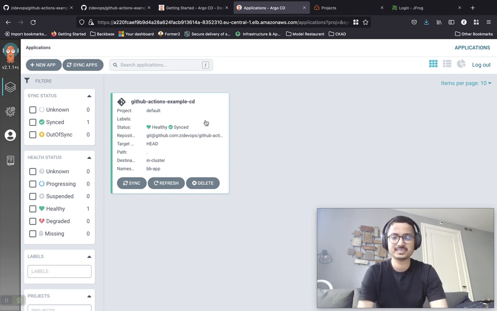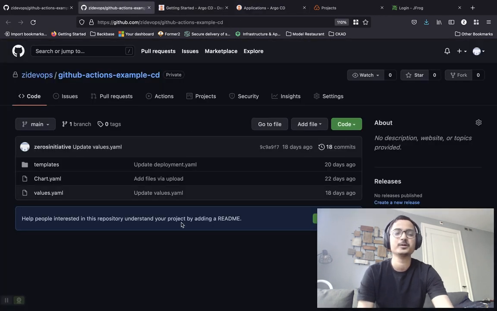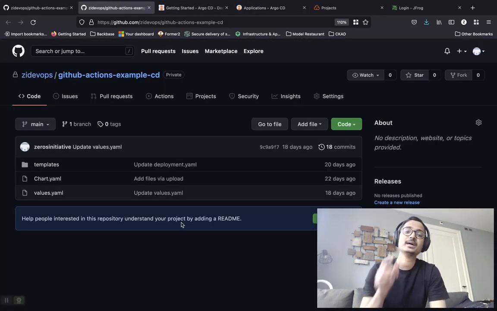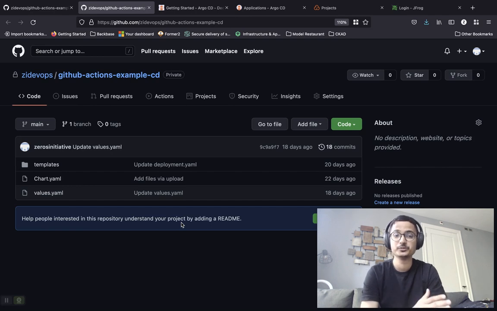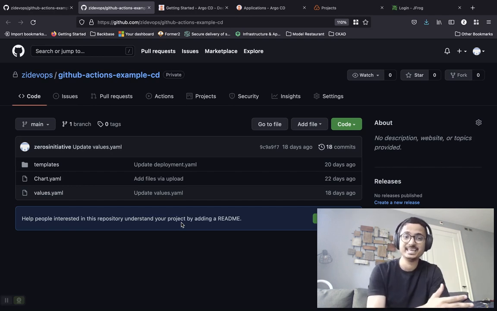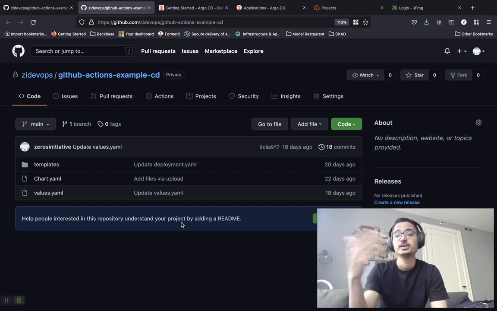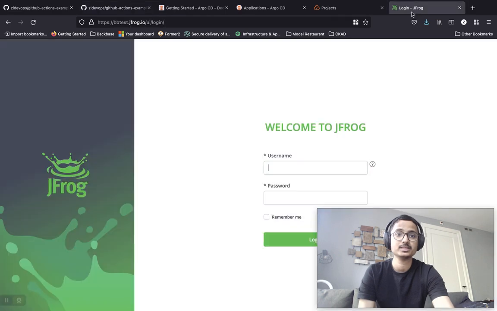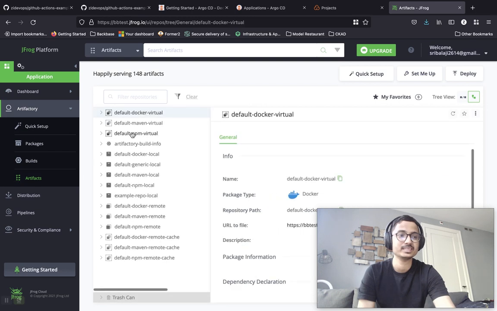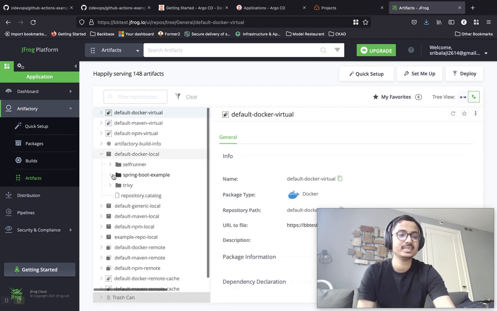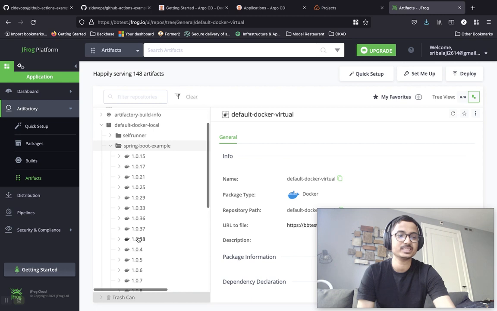So how do you configure this application? The first thing that you got to do is create a new GitHub repository for your deployment repository. So I previously showed you in the previous two videos, where we were discussing the CI repository, where you did your continuous integration, you did your GitHub Actions workflow.yaml file that allowed you to push your application's Docker image to Artifactory. So that's what we have over here. We have our application image in Artifactory. After the CI process, we went ahead and deployed the Spring Boot example application image to Artifactory.